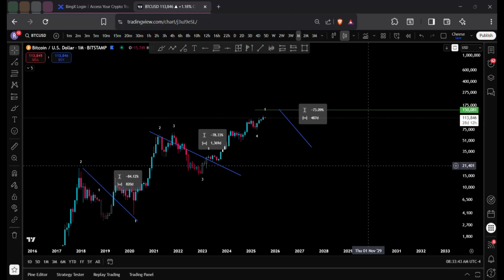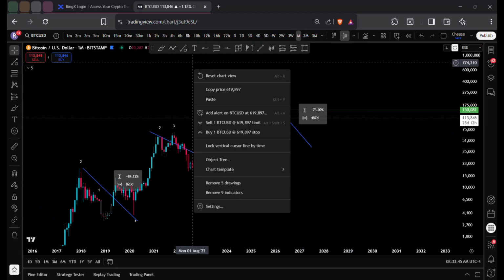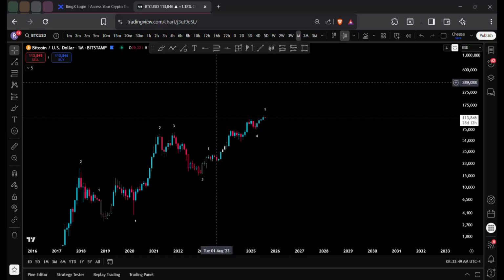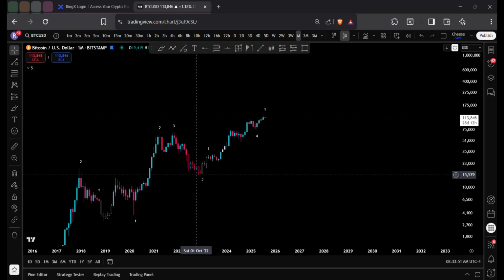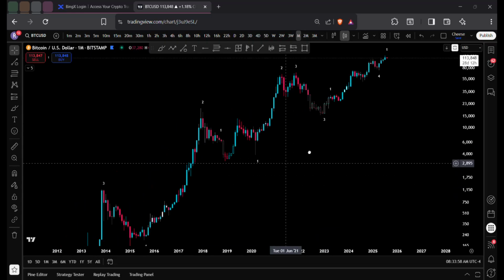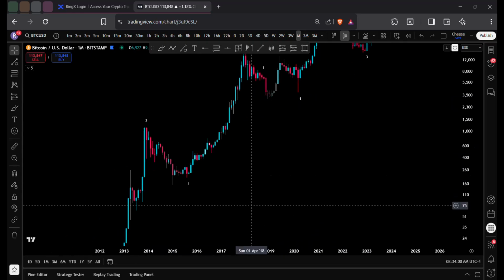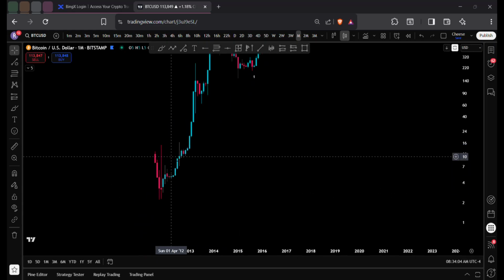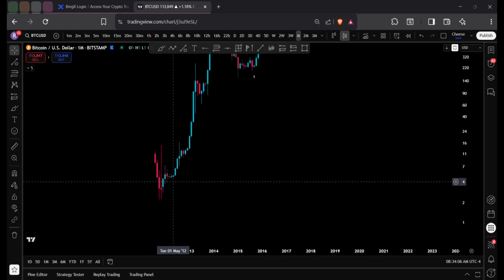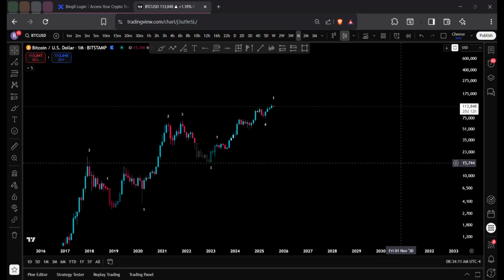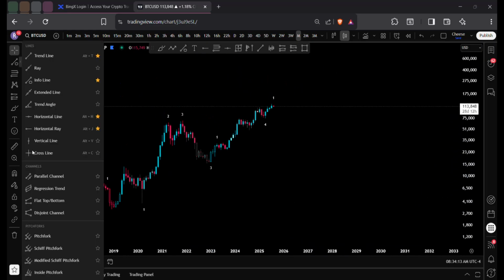Still bullish. And why is it still bullish? Why is it bullish for Bitcoin to go from 150 to 35? Because that's a higher low to the 15.5, which is a higher low to the 61.37, which is a higher low to the 3,000, which is a higher low to the 203, which is a higher low to the 83, which is a higher low to the 10, which is a higher low to the 3. So what does that show me? That shows me that in 2028, May,